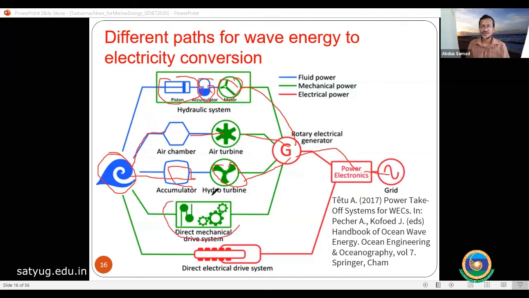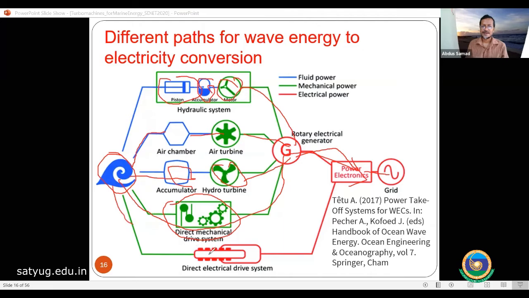Another is a direct mechanical energy harvesting system. You have the vertical motion of the wave, and you put a rack and a pinion. While the rack is moving up and down, the pinion will be rotating. Actually, I have made one such system. I'll not show it here because it is off the topic. In that case, I put a gear, and the rack is there. When it moves, the gear rotates. The gear is connected to my generator, and I'm getting power. This is the load for my other system.